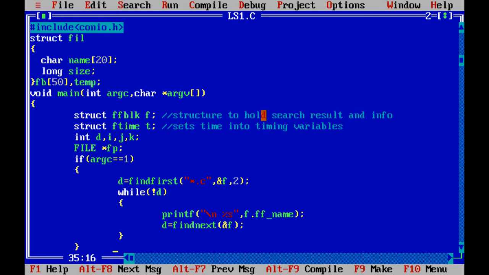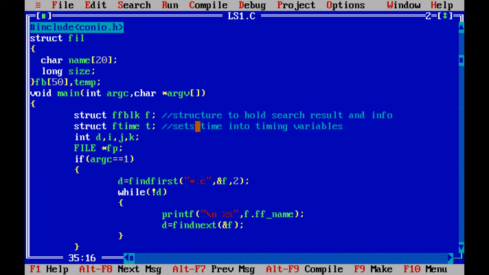In this program, where we implement the ls command of Linux, we are going to search for the files available in our directory location, and return the names of those files and the sizes and the date and time of their creation.